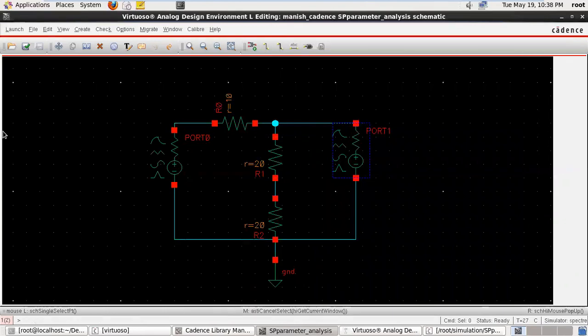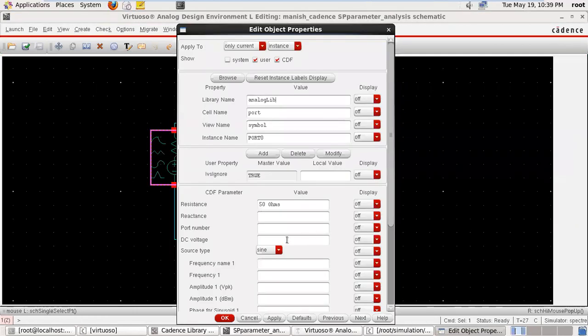If we take some value, how can we take it? Just go to the Q. Okay, DC voltage, suppose 1 volt. What is the significance of this volt? Now the input port is working with a 1 volt DC supply and the input impedance is equivalent to 50 ohm. That is the significance.